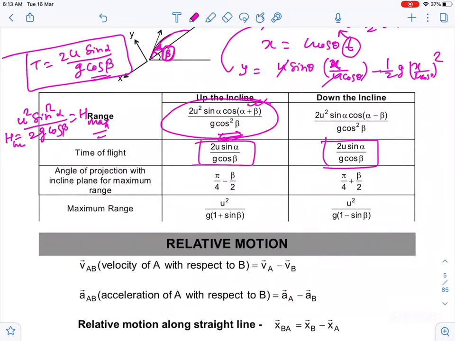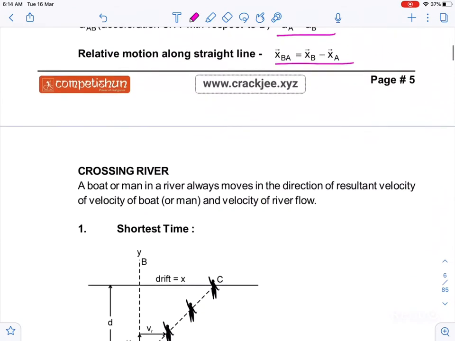Now guys, in a relative velocity problem, you have to apply some concept which is very important, because the formula is not directly applicable in a relative velocity problem. So velocity relative, you can write v_AB. If you are writing the velocity of A with respect to B, this is vA minus vB. So velocity of anything with respect to anything, you can write by using this formula. Acceleration or relative position with respect to any other vector, you can write like this.